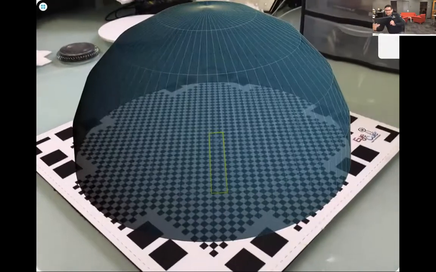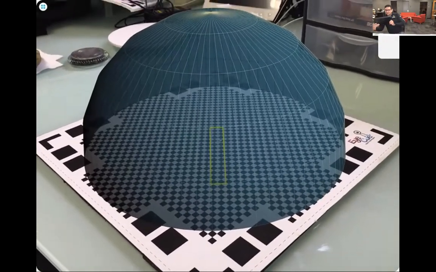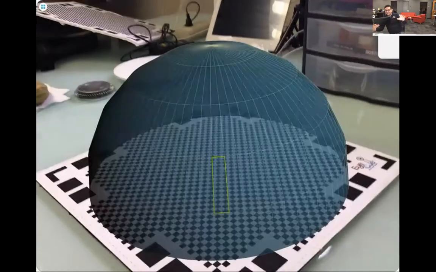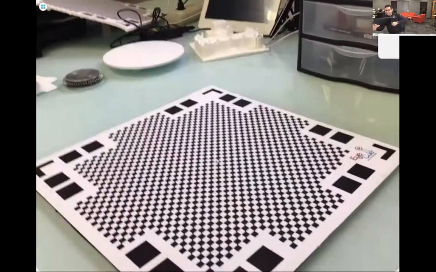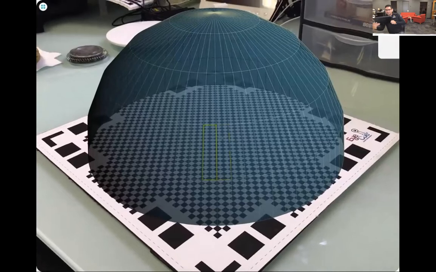But you can see as soon as it sees all four corners, it makes this virtual dome, and that's the world that I can capture. And as long as I can see all four corners, I'll be able to